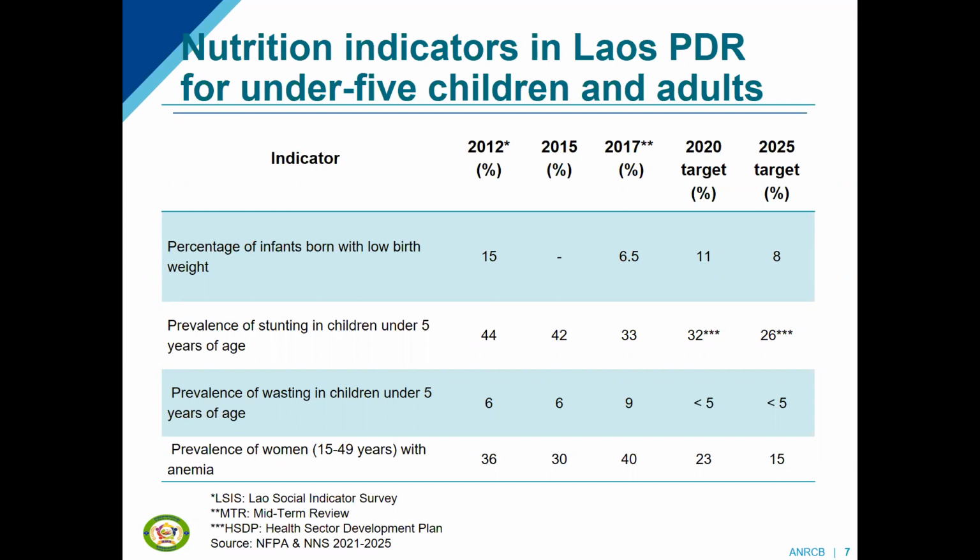The third indicator that you see here regards wasting in children under the age of 5. Wasting is when children are too thin. Overall, the rates of wasting are low in Laos, but there are goals to make further progress. Anemia is a challenge for children as well as adult women. The prevalence of anemia in women and girls of reproductive age, which is ages 15 to 49, is relatively high, and goals have been set to reduce this number in the coming years.